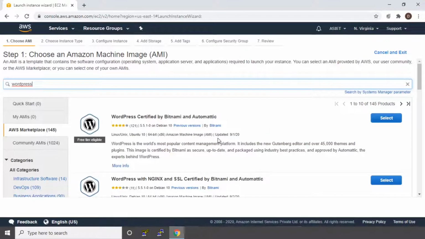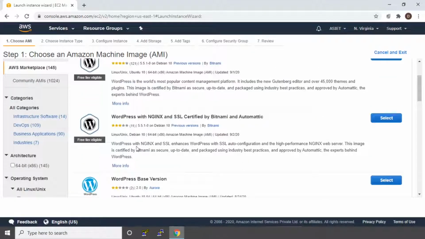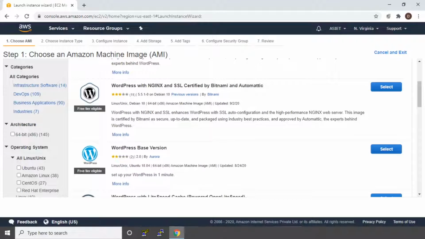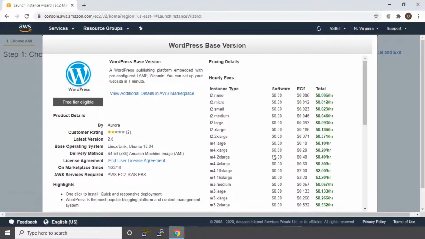So many AMIs are provided with WordPress. We'll select the third one, that is WordPress base version, which is again free tier eligible. So you can directly say select. This screen will give you the details of your machine, the pricing, etc. Since we are going with free tier, it's okay because we will not be charged anything for using this